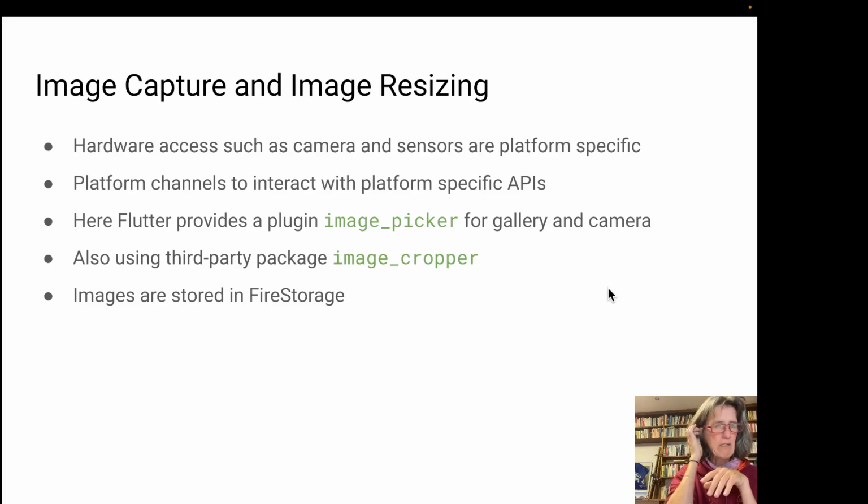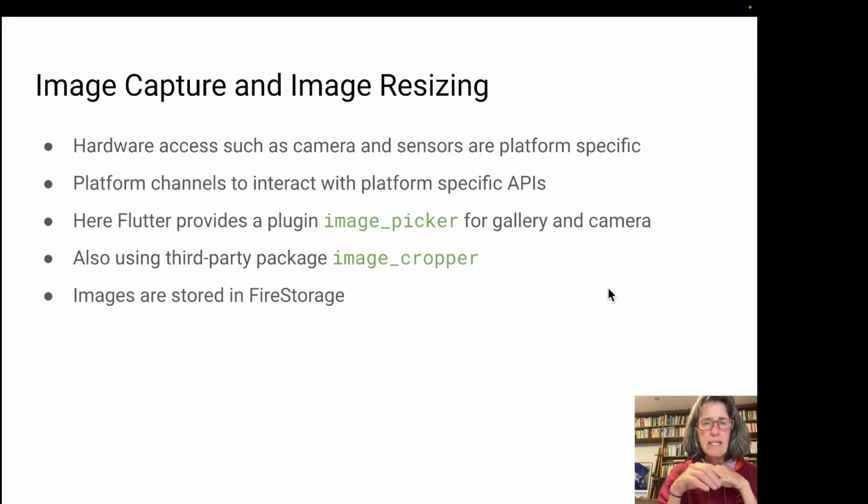So what the Flutter people came up with is this concept of platform channels. A platform channel is designed to allow you to interact with platform-specific APIs. So as a rule of thumb, every time you deal with sensor information, you're probably using a platform channel. Luckily, in this case, the camera access is so common that I didn't have to write my own platform channel. Instead, the Flutter team had already provided a platform library with a platform channel for me.